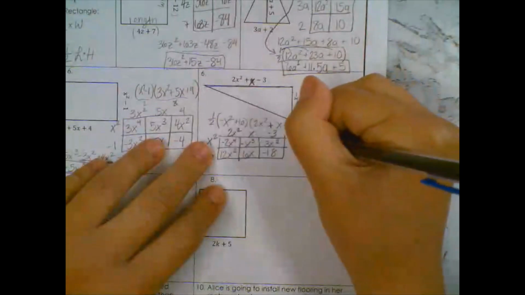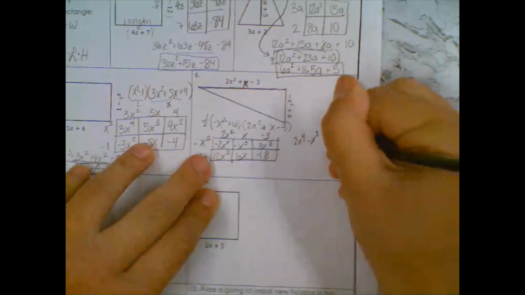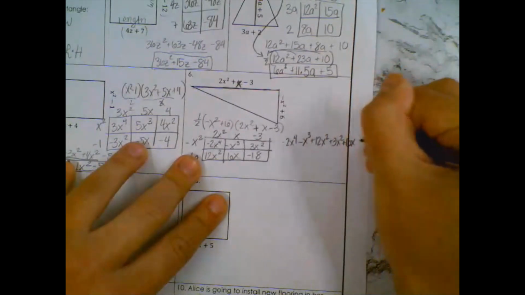So I'm going to pull out into standard form, starting with that minus 2. So minus 2x to the 4th, minus x to the 3rd, plus 12x squared, plus 3x squared, plus 6x minus